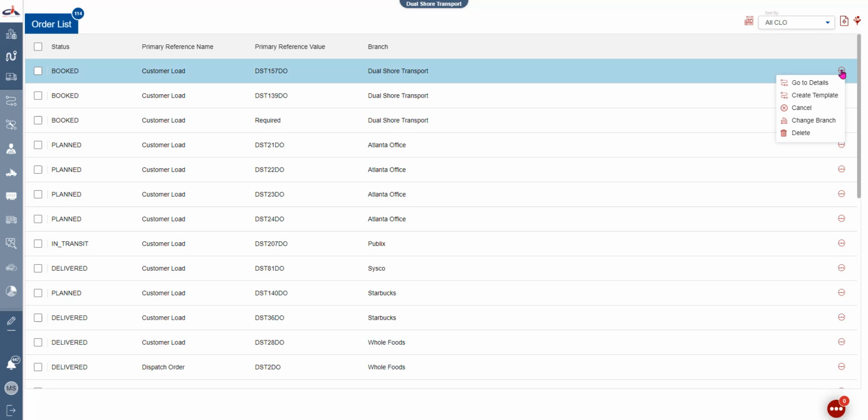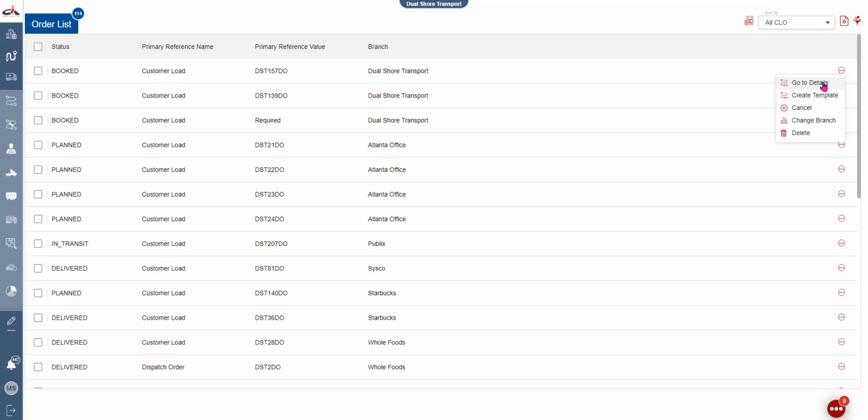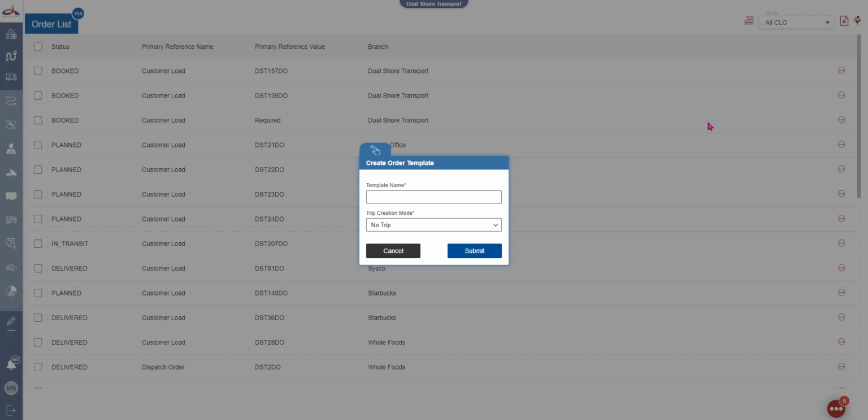If I click on this, you've got a couple of options. First one is Go to Details. It'll actually take you to the detail page for the order. Second one will create a template. So if you created a load historically and you want to create a template for it to use over and over again in the Add Order screen, you can click on Create Template, enter the template name, and select the